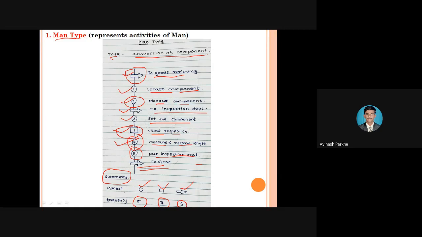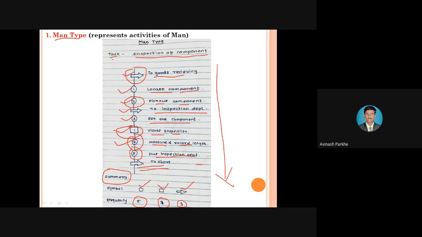So in this chart, only the movement of the man or the movement of the workers is represented. Here there is no movement of the machine represented. The movement of the product or the movement of the material is not represented by using this chart. So whatever number of symbols are represented in the vertical direction, all those movements are applicable only for the man. Not a single movement is related to the material or the product, or to the machine or the equipment.